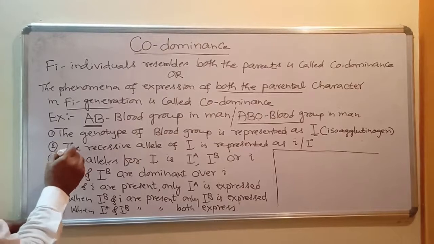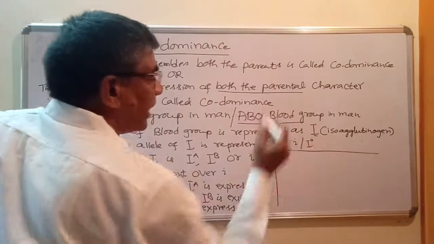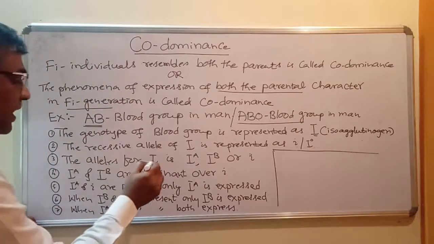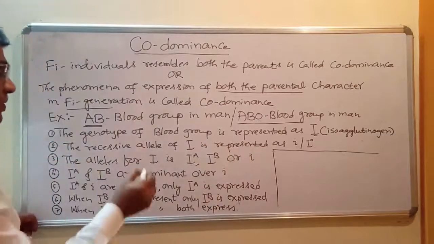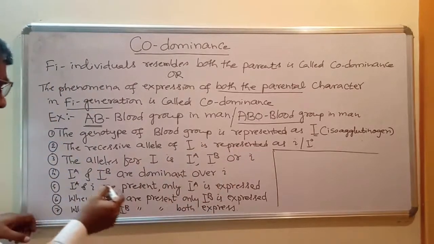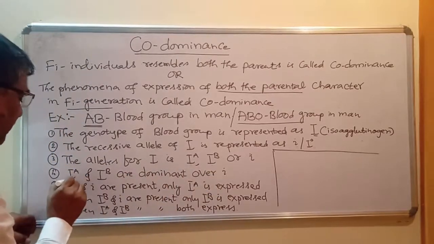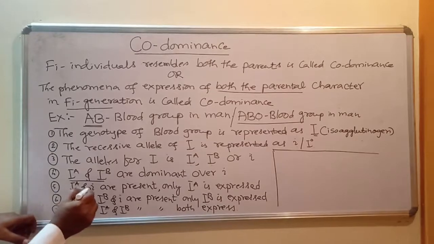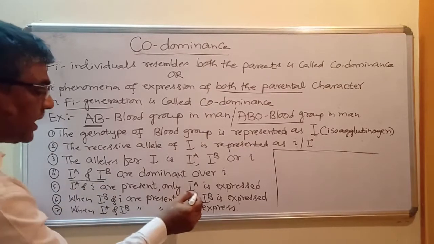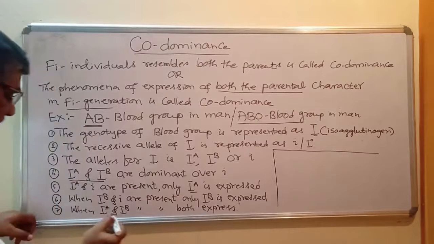The recessive allele for this capital I is represented as small i or i naught. The alleles for capital I are IA, IB or small i. Both IA and IB are dominant over small i. When IA and small i are present, only IA is expressed. When IB is present along with small i, only IB is expressed. But when I